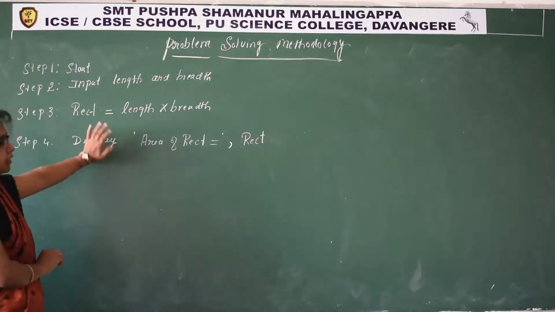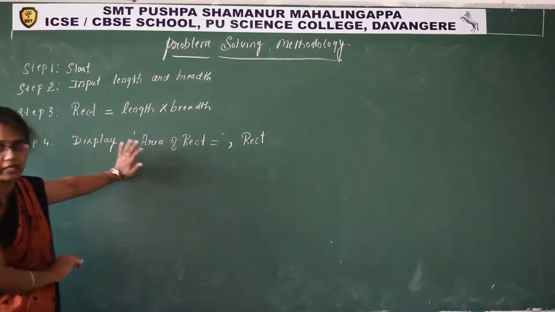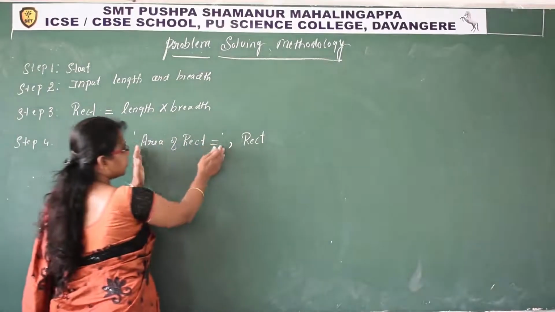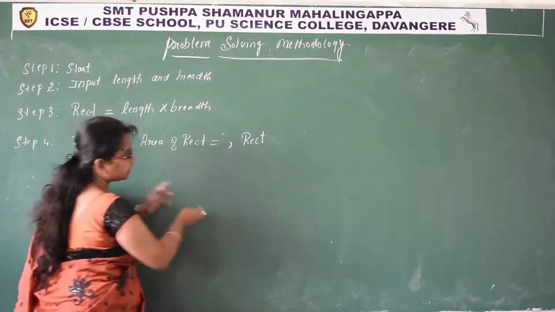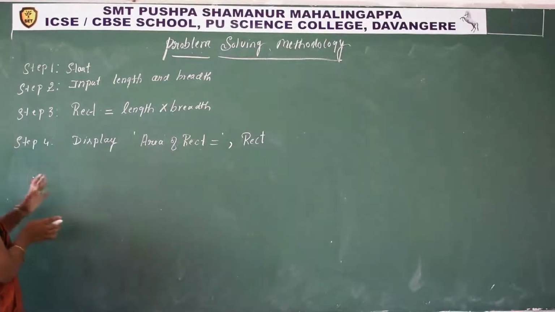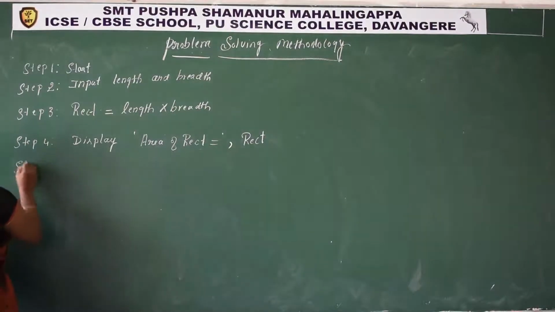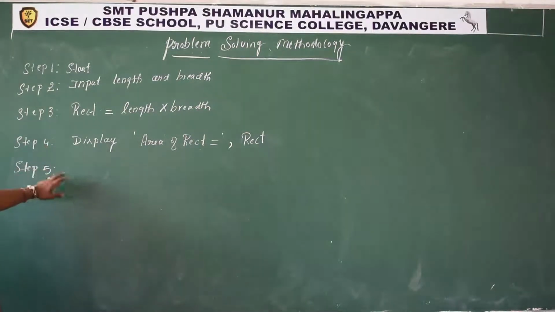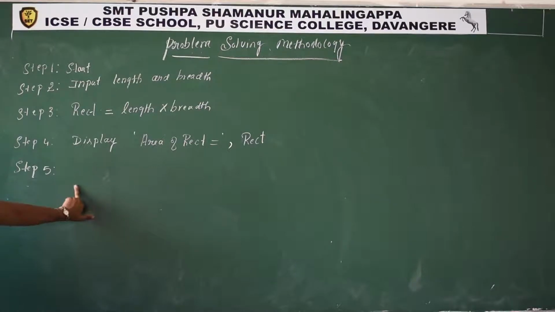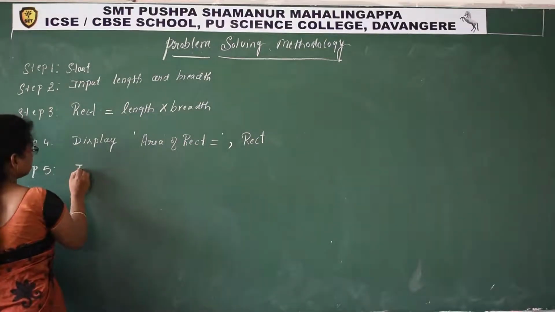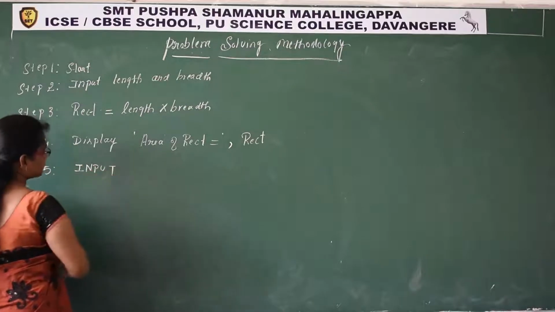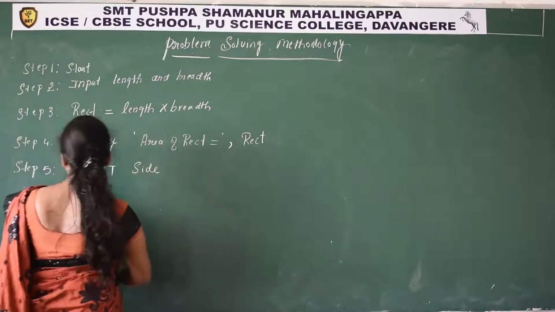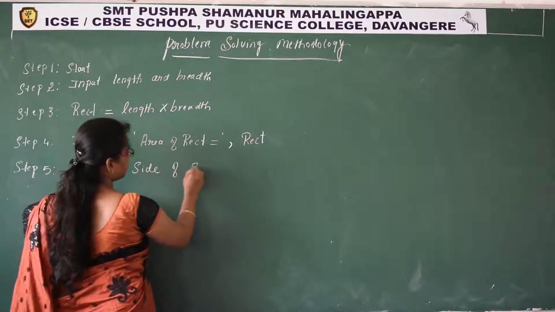I told you before, an algorithm is not as strict as coding, that is, a program. Still you need to follow minimum rules here. That is, to display text you must write single quotes, and to display the content you should not write single quotes there. So these are the minimum things you need to follow. Step 5, stop, sorry. After that, now we have to calculate the area of the square also. Now input side, or directly you can write side of a square.